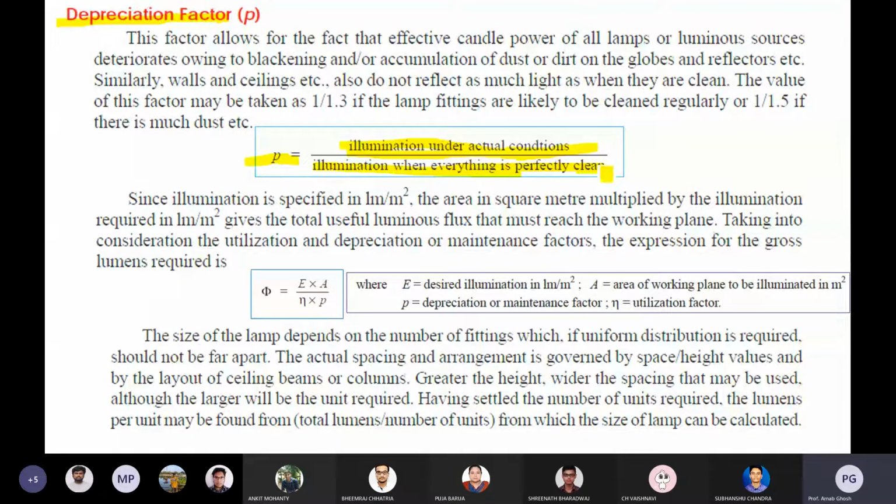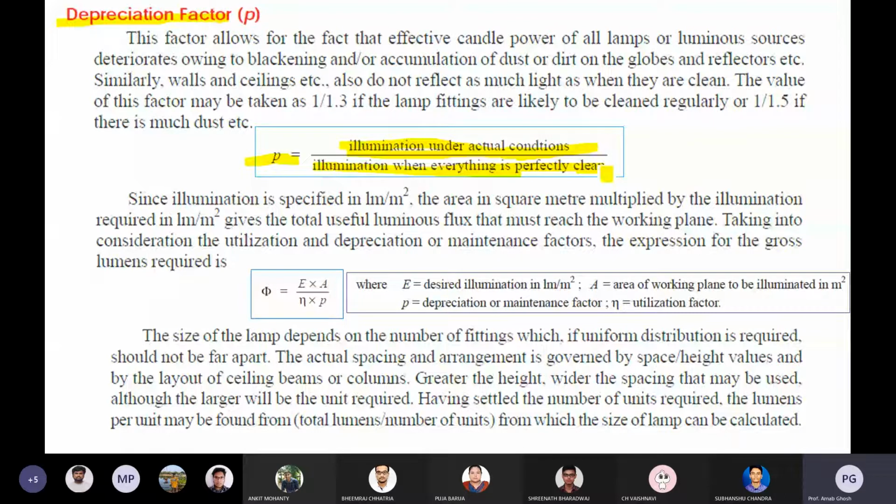Okay, more than 1 is not possible. So that value should be 1 or nearer to 1. If that value degrades, it means the p value also degrades. That's why it is written that the factor allows for the fact that the effective candle power of all lamps or the luminous sources deteriorates owing to